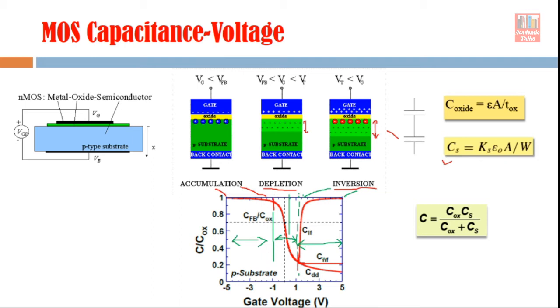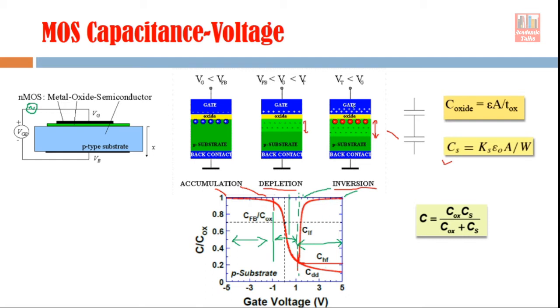Now within the inversion region also, you can see that the capacitance has multiple behaviors. The capacitance can increase like this, or it can stabilize here. Normally we expect that this capacitance will stabilize because the thickness of this depletion region doesn't change much. But it depends on the frequency of the AC signal. It is not indicated here, only the DC signal is shown here, but just like the Schottky structure, one AC component is also superimposed on this. So there is an AC component also here, and this AC component frequency decides what happens in the inversion region.